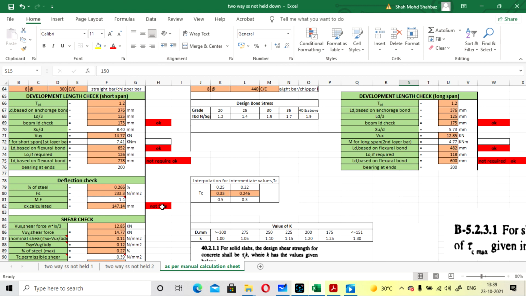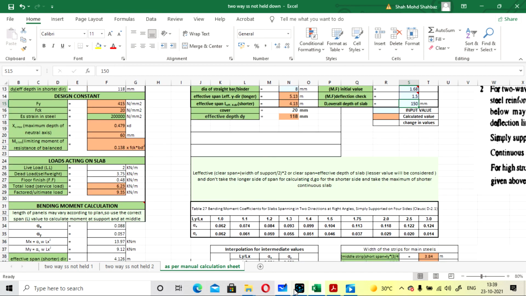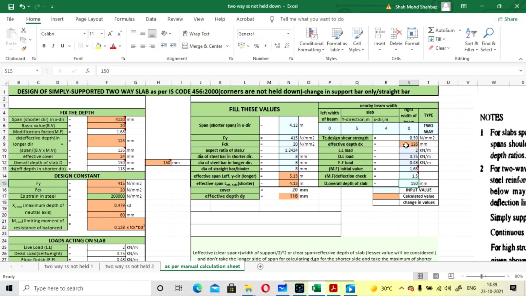See here. If it is not passing as per your steel calculated, what you have to do, our dx is calculated as 147.14, and what we have given here is 126 effective depth. So you can increase the depth of the slab. I will increase the overall depth to 175, so it will increase your effective depth also for both the bars.